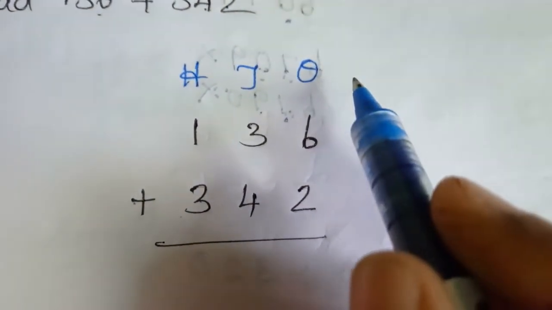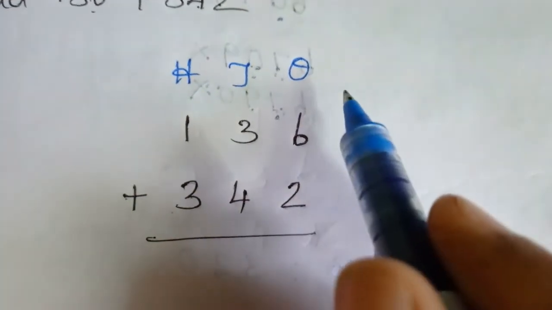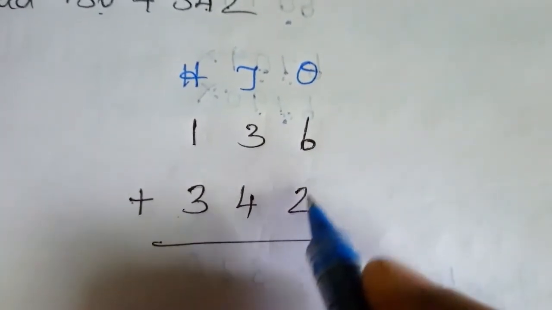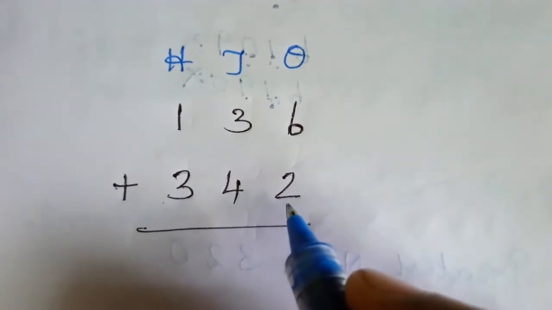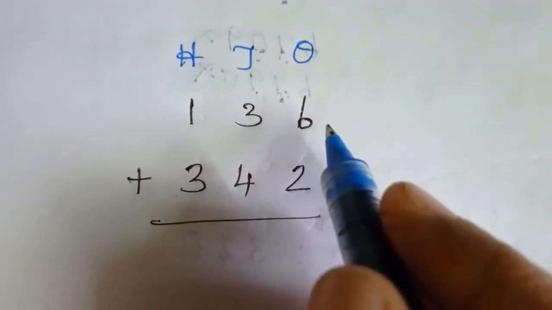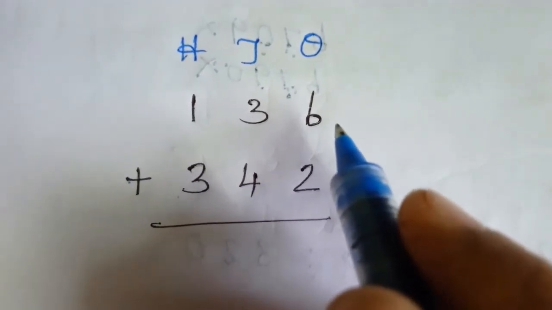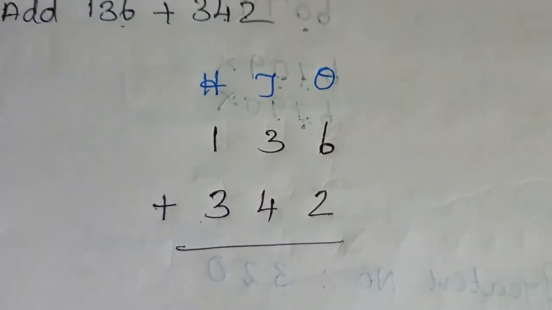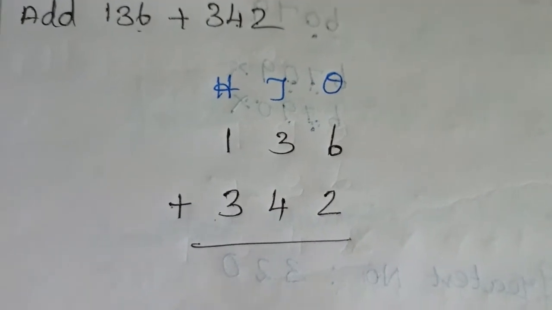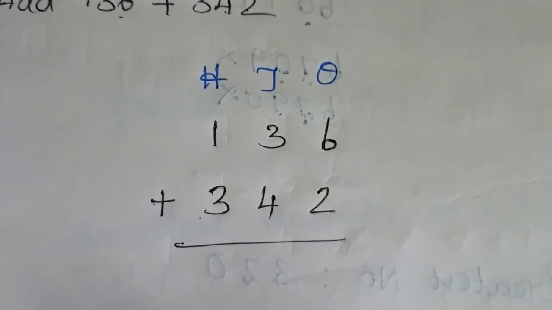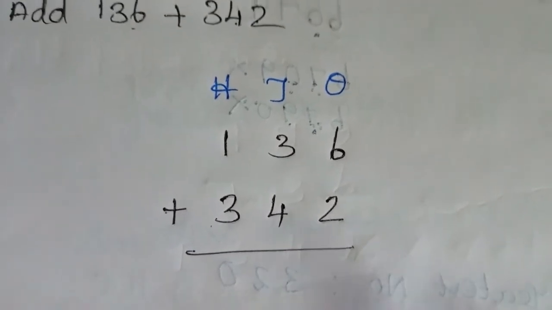Yes, add the numbers in the ones place value. Here the ones place values are 6 and 2, isn't it? So which number is greater? 6 is greater, so you have to keep 6 in mind and take smaller number in your finger. Here the smaller number is 2. So 6 after 7 and 8.